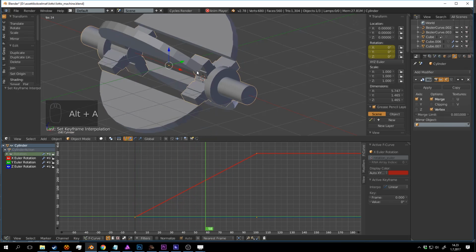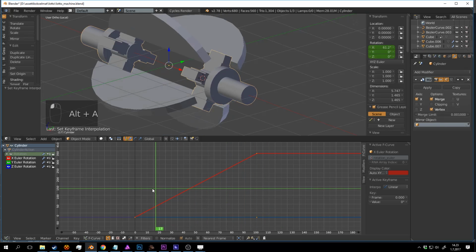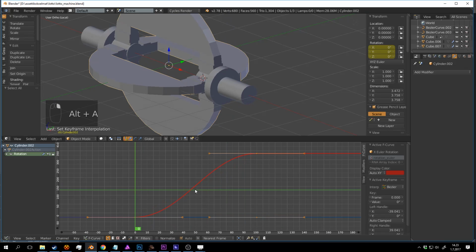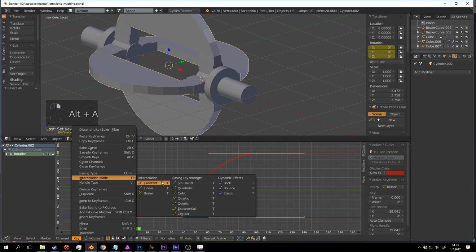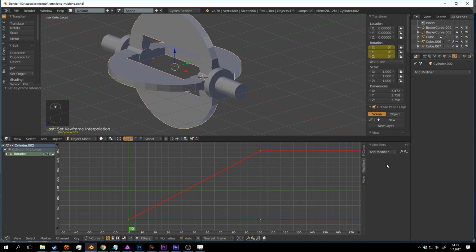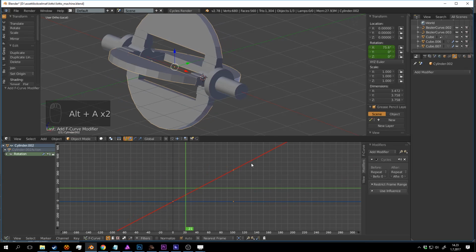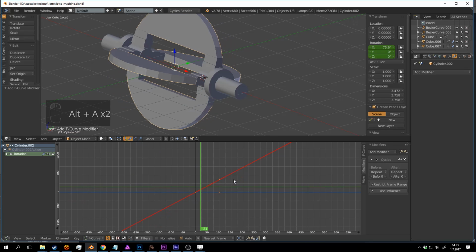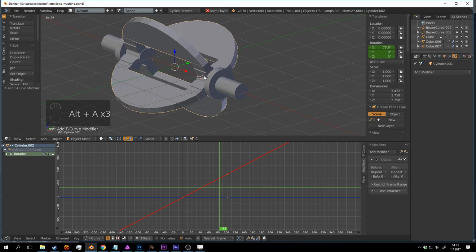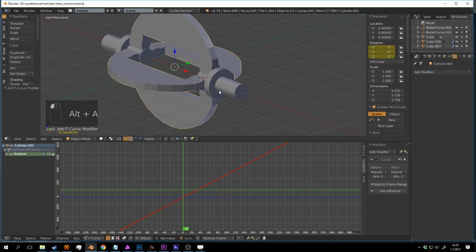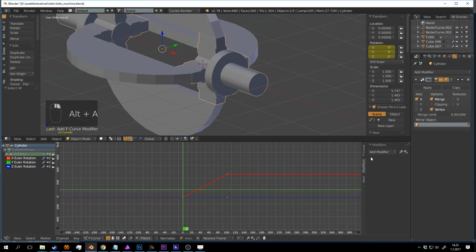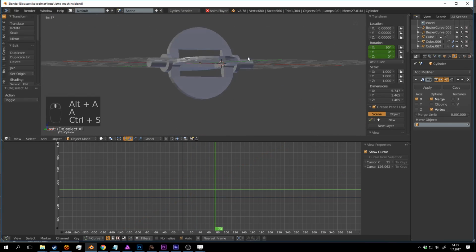So now it's doing the linear motion, and let's select here and do the same, interpolation mode linear, and let's add here modifier and then cycles, and then repeat with offset. Okay, so now it's doing forever this same motion, as you can see here, even though the other objects are stopped. Okay, so we do of course the same here, modifier and then cycles and with offset. So now it's working,